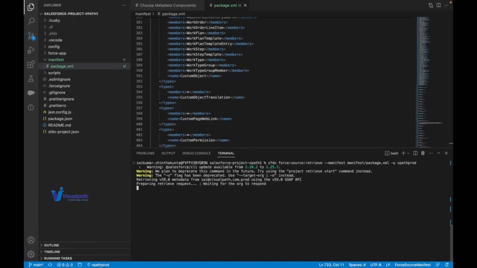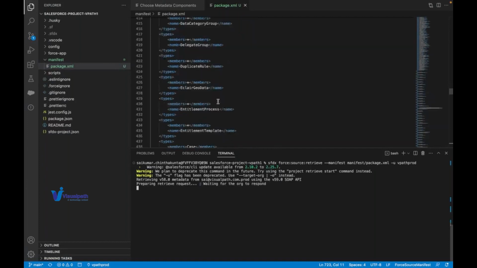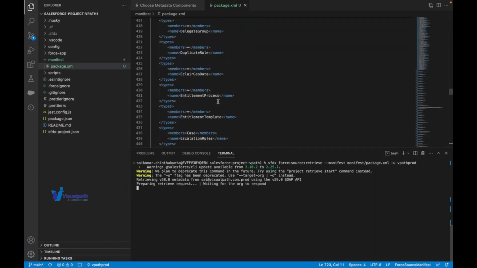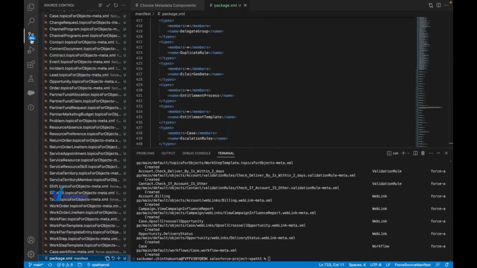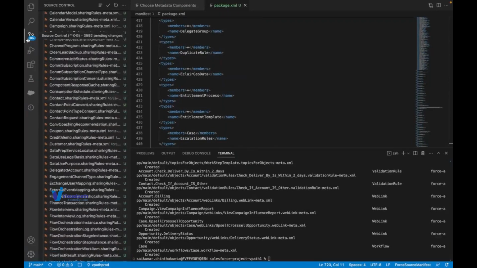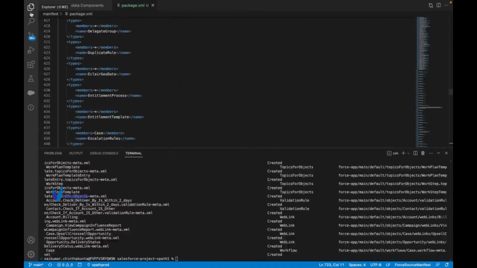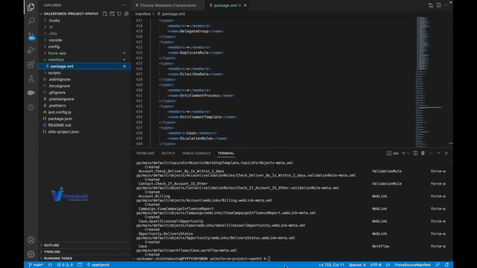As we have a lot of components in the package.xml, even this operation will take some 3 to 5 minutes. Let's wait for this to complete. Okay, it got completed. Now, if you see here, some 3000 plus files got added to the repository. After retrieving the components, the next step is you should validate